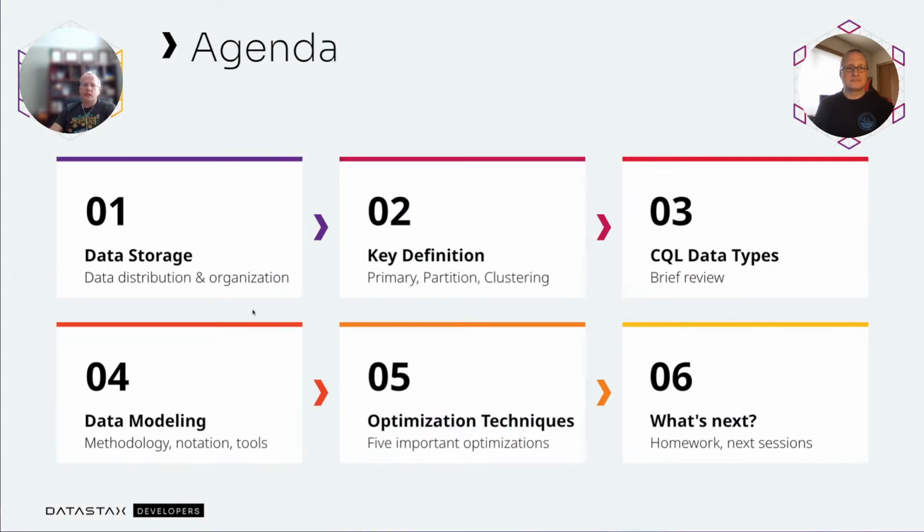Today, our agenda includes: we're going to review some data storage content that we talked about last time. We will talk about key definition. Something new will be SQL data types. We'll talk in more detail about them, data modeling, and optimization techniques. We do have a lot of content, and probably we will not be able to cover everything, but for sure we should be able to cover the first four, and we will focus most attention on hands-on, so you can get some skills of actually using the database and running those commands. And the first topic, Aaron is going to